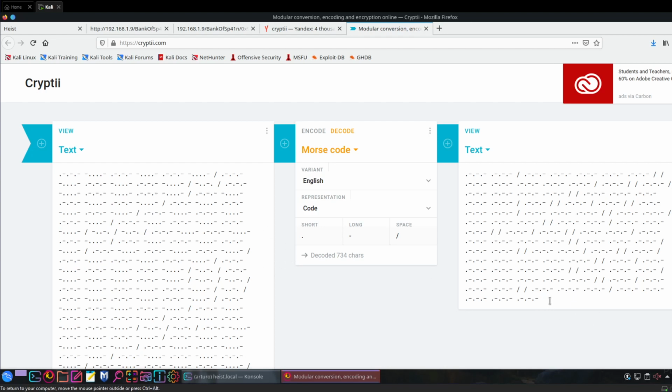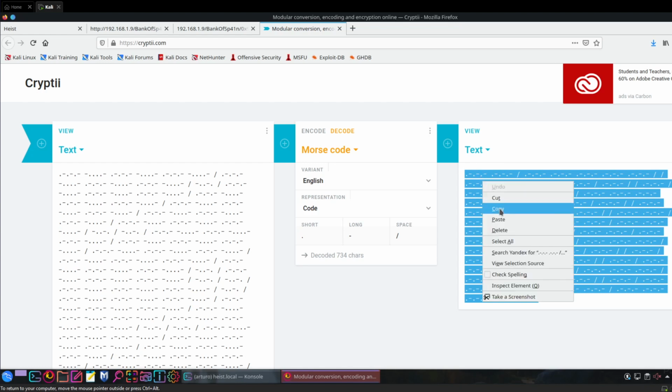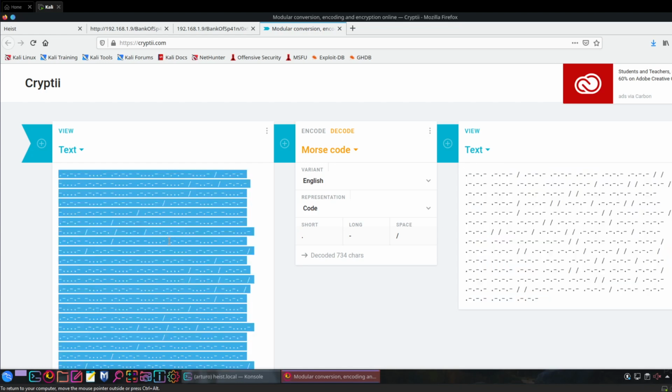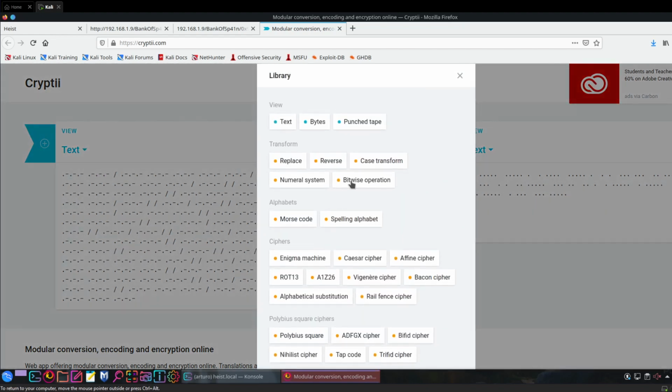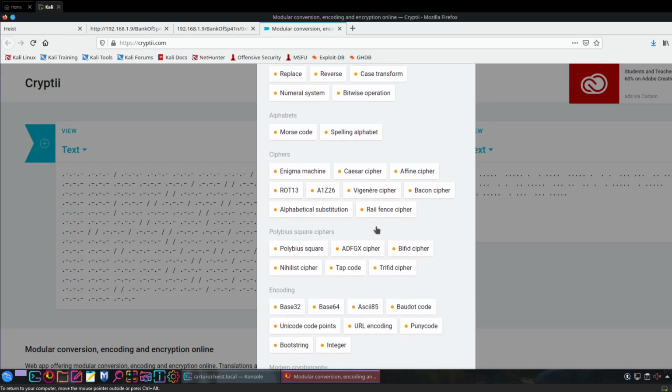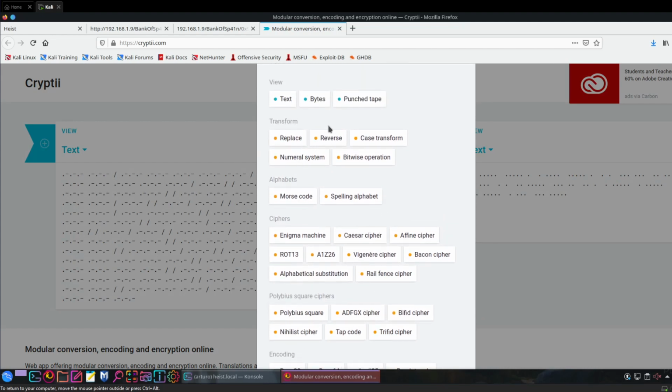You will take this Morse code output and we will have to specify some other algorithm because, as you can see here, they are somewhat similar. Let's take this one and make it the new input. Okay. Now, as you can see, we have different code revealed. So now if we add tab cipher, TAP